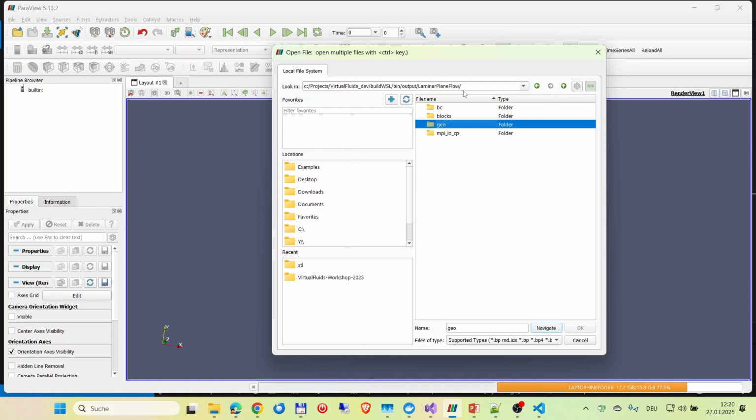So the root folder for your output. In this case, you see this output laminar plane flow. This is passed to your output root, and then each simulation observer which produces some output files creates then